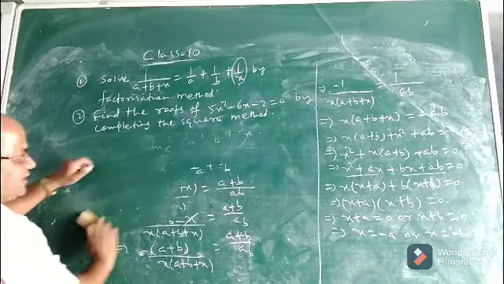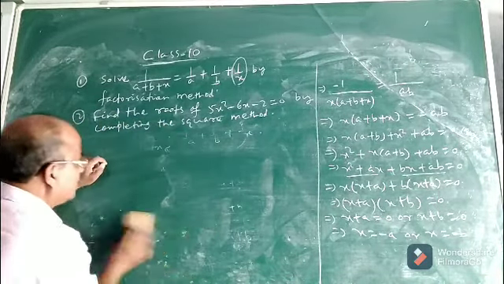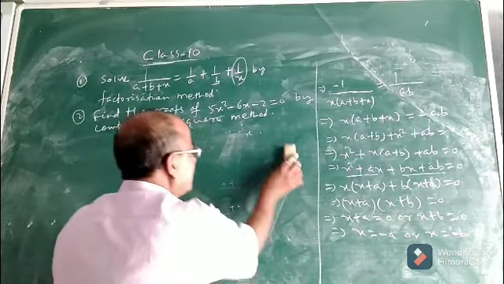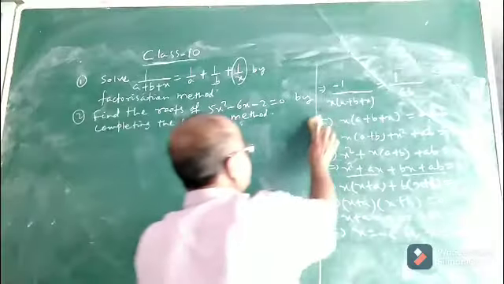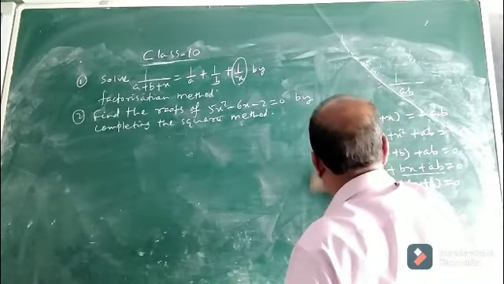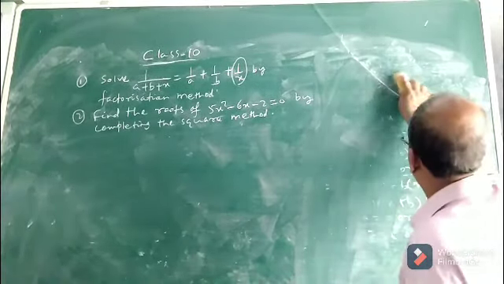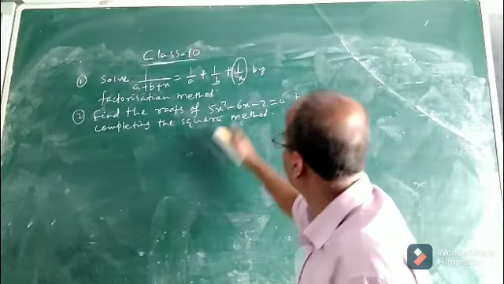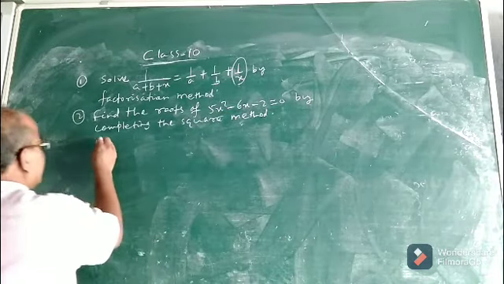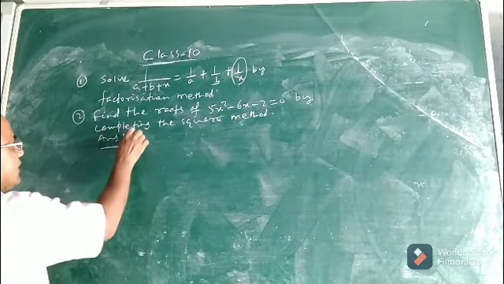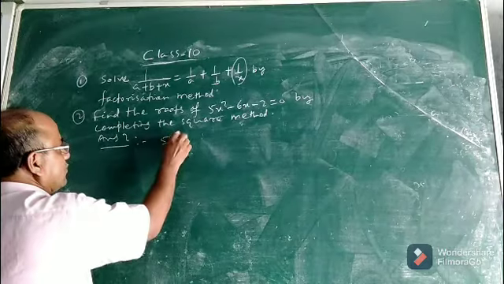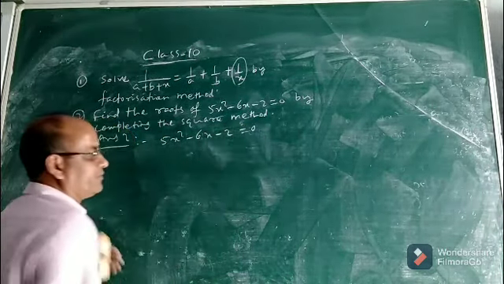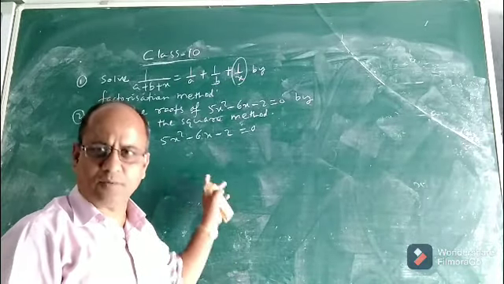Now in the second question it is given that you find the roots. Find the roots means solve it. Solve the equation. By which method you will solve? By the method of completion of square. By completing the square method, how will you solve this quadratic equation? Let us see. Answer number 2. Okay. So the given quadratic equation, first you write down 5x square minus 6x minus 2 equal to 0. Now we have to solve this by using completion of square method.